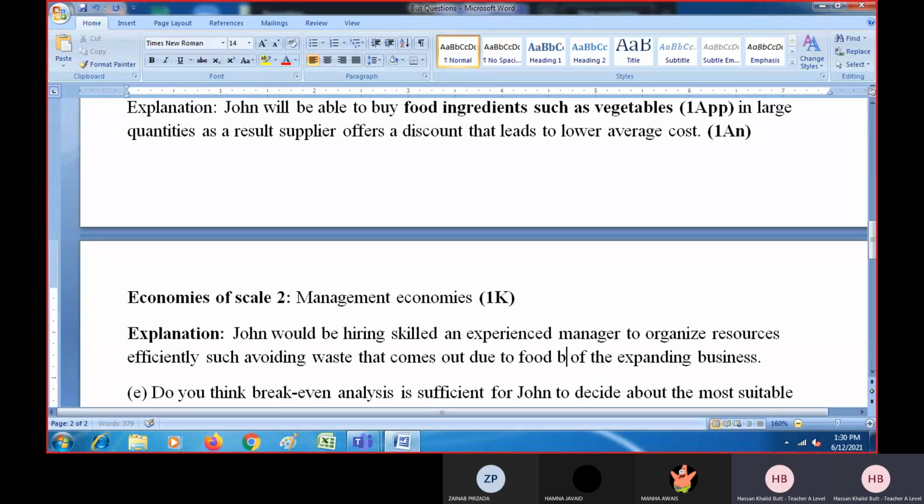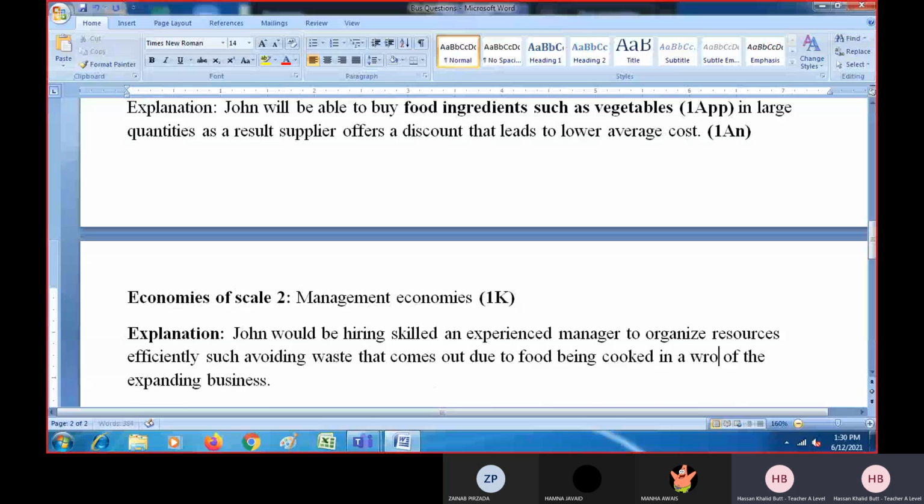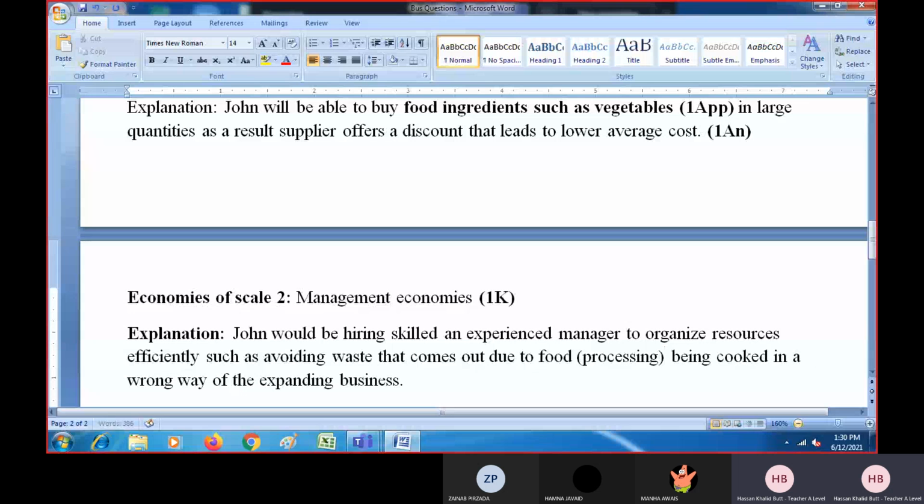I'm just keeping it very simple, okay? So such as avoiding waste that comes out due to food processing. Let's say food being cooked in a wrong way or due to food processing. Even still that is fine, okay? Food cooked in a wrong way, or you can write food processing because obviously food processing happens there, na? So in a wrong way